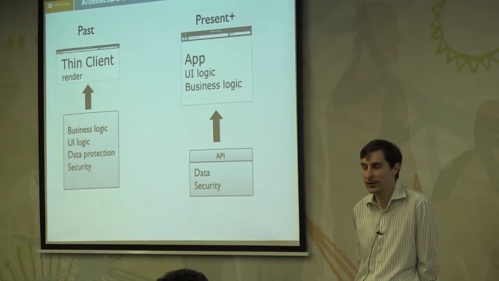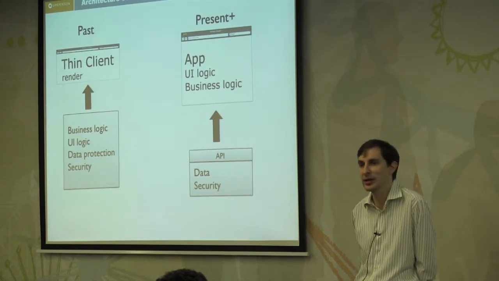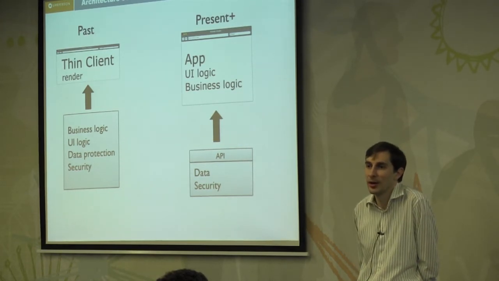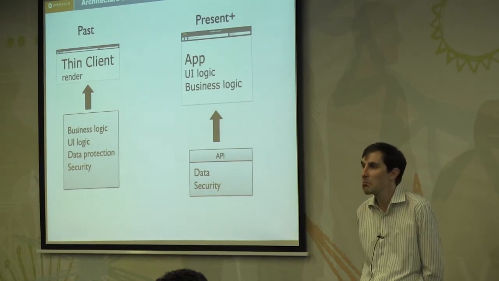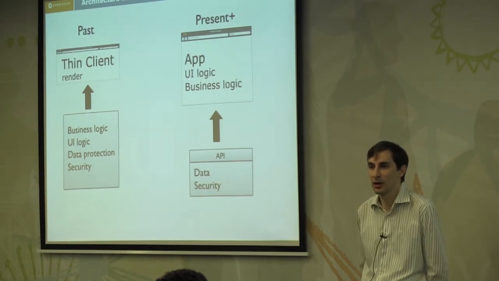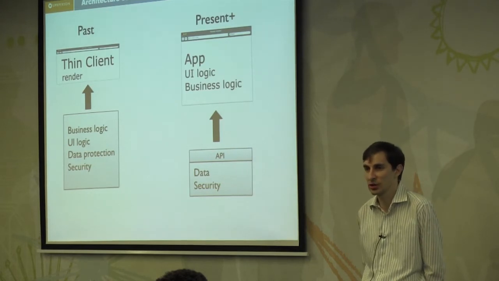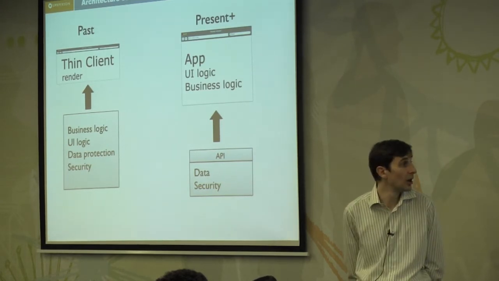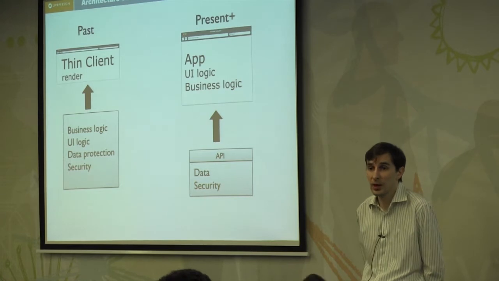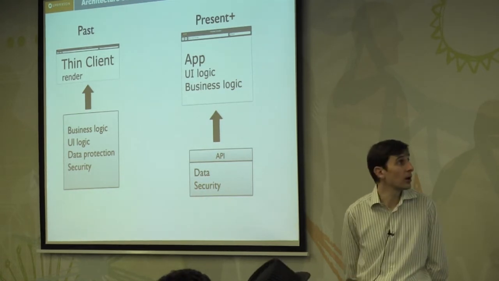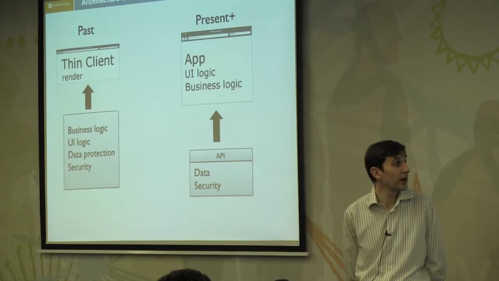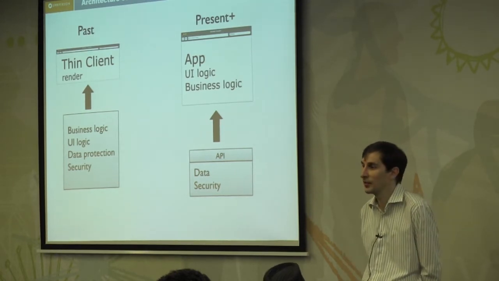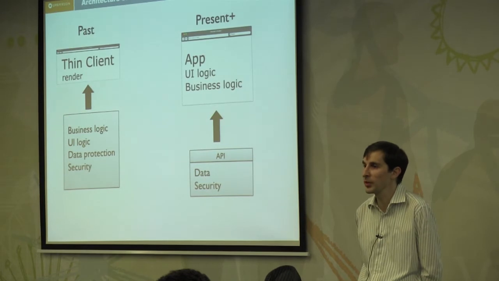I click on that, this happens. I click on that, this happens. That's UI logic. Business logic is when I submit a transaction, you need to verify the data, or you need to approve the transaction. That's business server-side logic. And security. This is the mode of development we're working in now. We have a kind of clever client and relatively clever server, but each one does one thing for what it was